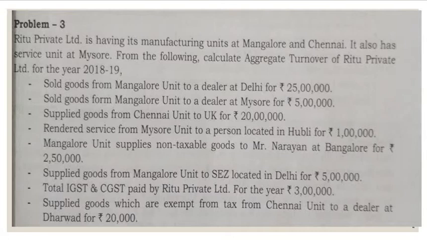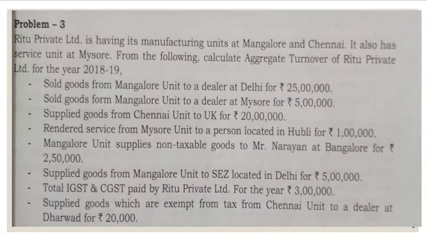Now, what is aggregate turnover? We have already discussed this in the previous session. Aggregate turnover is a turnover which includes all the taxable supplies, including exempted supplies, zero rated supplies, non-GST supplies and nil rated supplies, but it will not include GST paid and also inward supply on reverse charge mechanism. So the rest of all the supply is included in the calculation of aggregate turnover. This aggregate turnover is calculated mainly to identify whether you are crossing the prescribed limit for registration, that is 40 lakhs, and 20 lakhs for special category states.